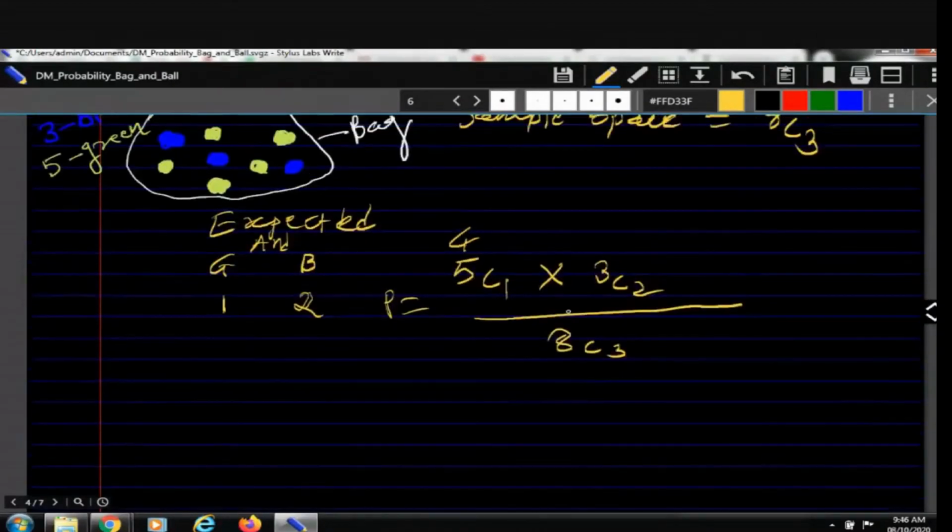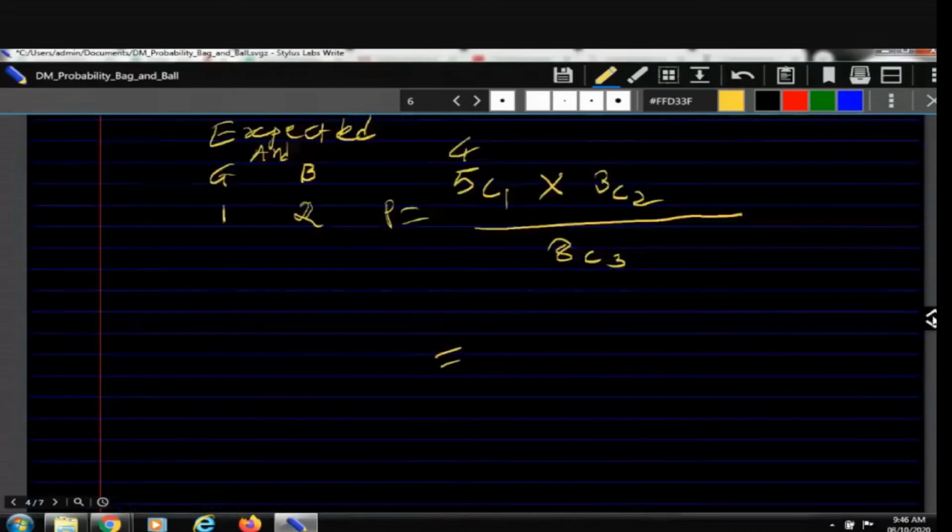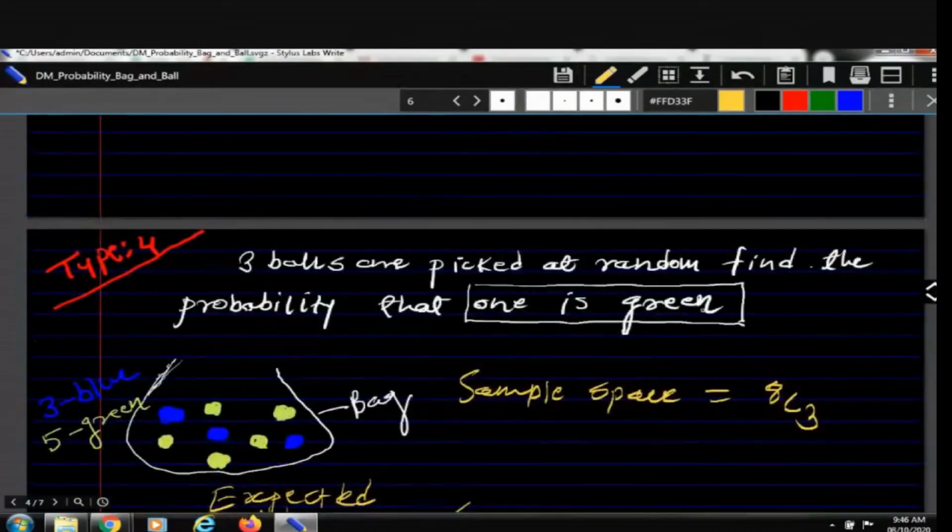Okay, so calculate this and tell me the answer in the chat box after I complete my problems. Okay, so here one colored ball they have asked. So you have to read between the lines. That means the hidden lines that you have to read. Sometimes they will not write every detail of the problem. So here the detail of selecting a blue ball is hidden. So how can you read this? You have to select one green ball. That means the remaining two are blue balls.